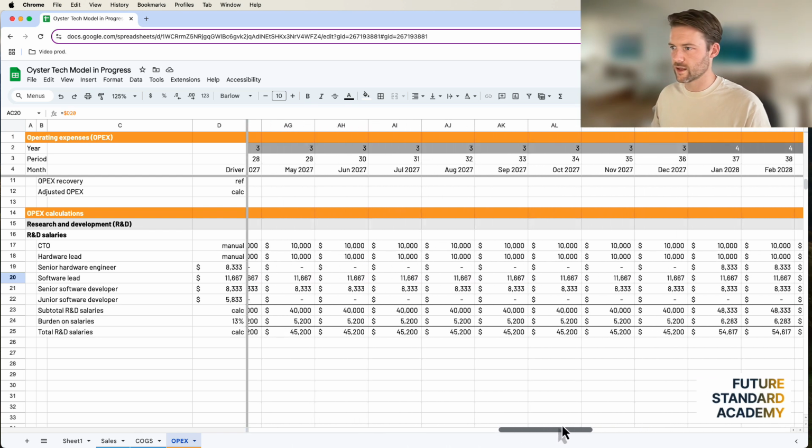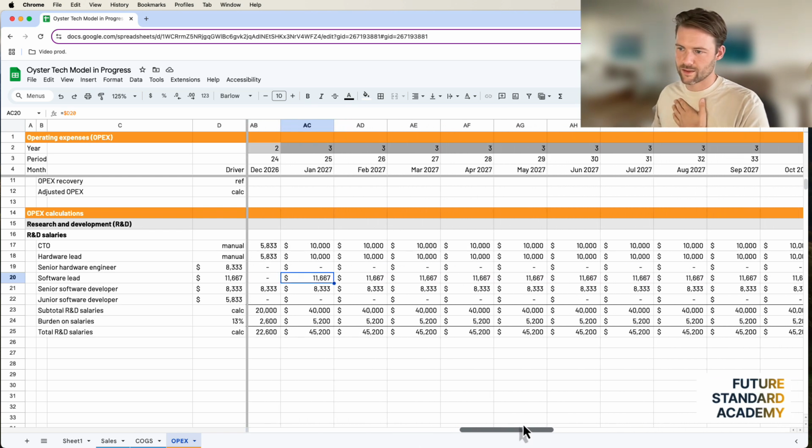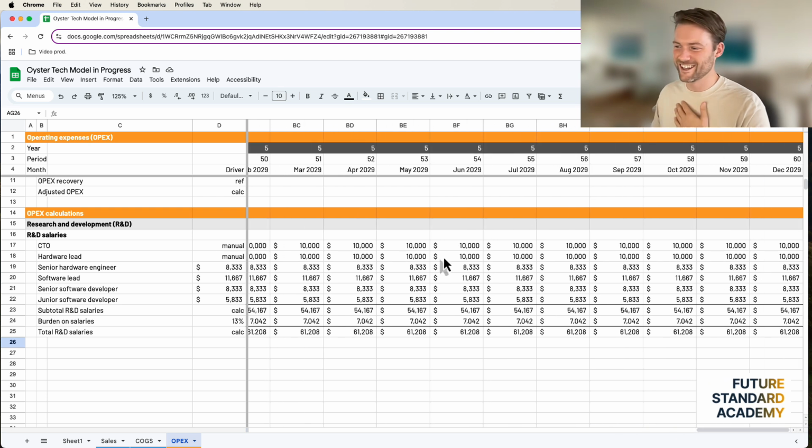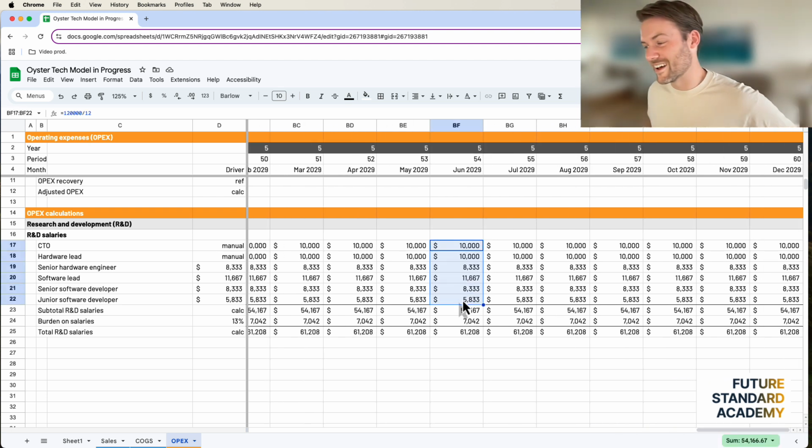Okay, and then the other thing is that these are not all the salaries on the R&D team that are going to be needed to get this company to servicing something like 500 customers, was it? It's not going to be a team of 6. Well, if they were just scaling the same product, maybe. And then the team would shift more towards sales and marketing. But Oyster Tech's talking about doing different products, like a different data sales and making a sophisticated data play out of all of this data that they're collecting. So there's going to be a data team. There's going to be, I don't know, all kinds of roles that I haven't estimated here.